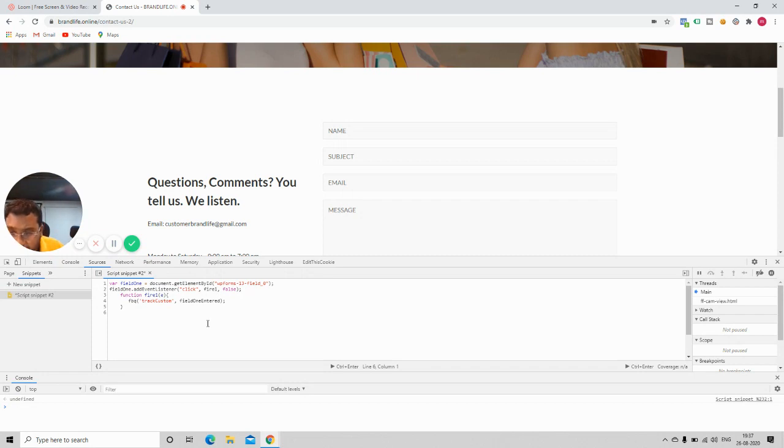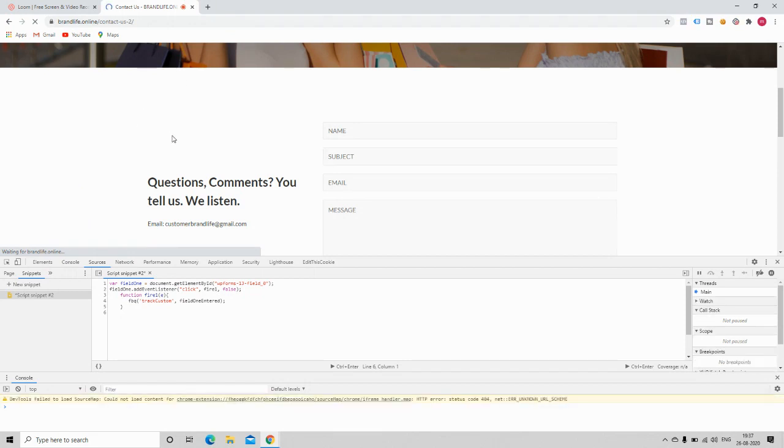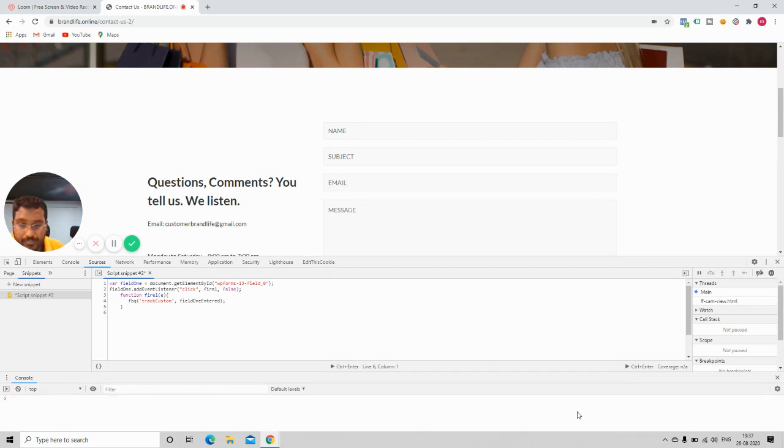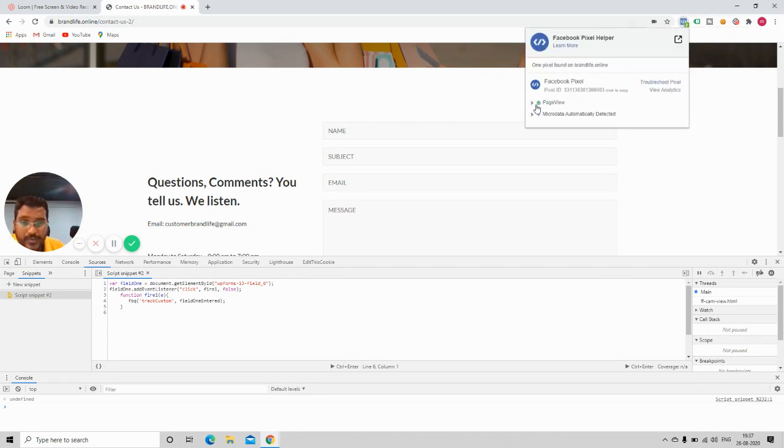So this is going to take the information to Facebook. Let me refresh this page once and run this. Only page view went, right?